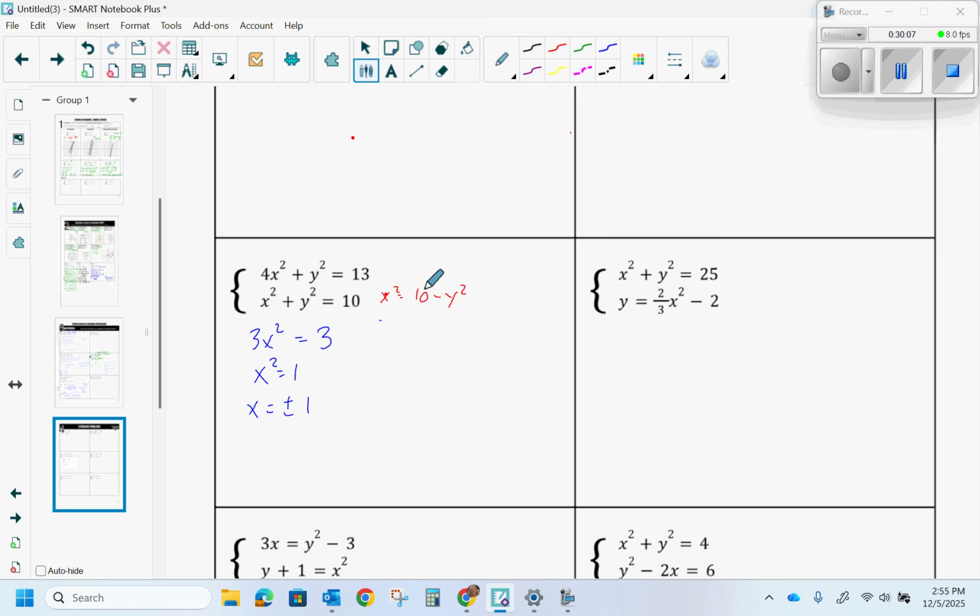I can take that and plug it into the x squared. So I'm going to go up here, 4 times 10 minus y squared plus y squared equals 13. 40 minus 10y squared plus y squared equals 13. So that's a negative 9y squared. I'm going to subtract 40. It's a negative 27. Y squared equals,